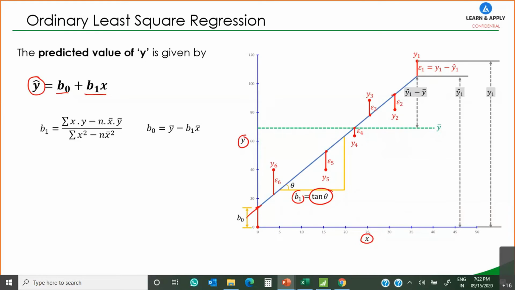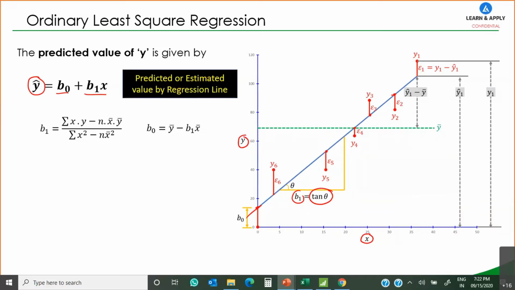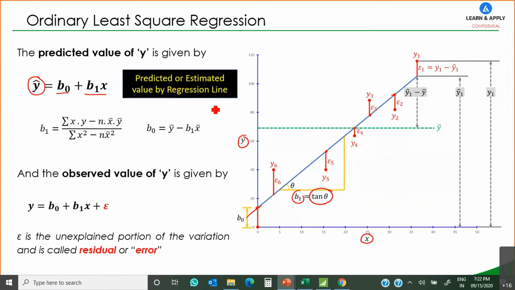It's the theoretical part of regression. If you are saying that there is a regression, we are going to calculate the relationship between two variables. And how to calculate that? This is the method. Y cap is the predicted or estimated value by a regression line, and you can use these formulas for B1 and B0. Let's not go into much detail of this formula. If you want, we can simply calculate with the formulas, in the way in which we calculated for the scatter diagram. So similarly, you can do it in this case also.